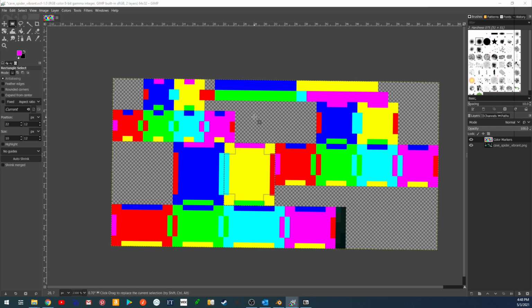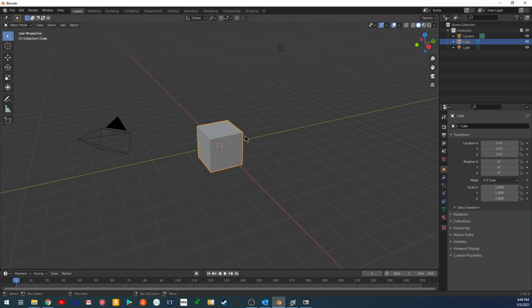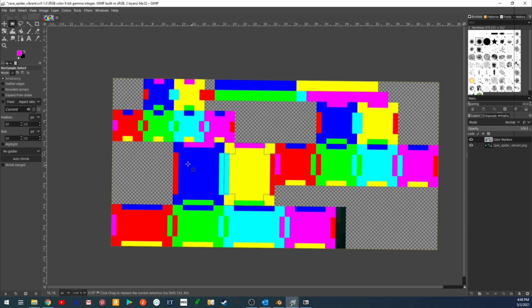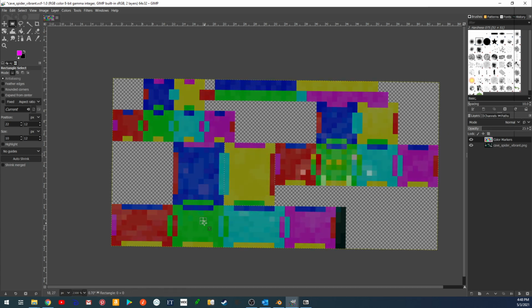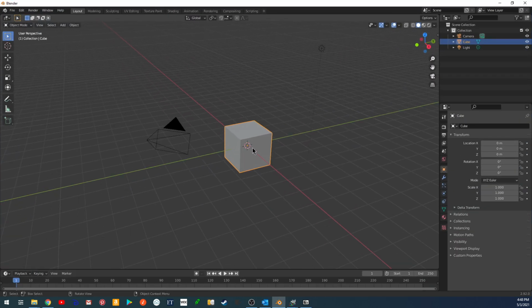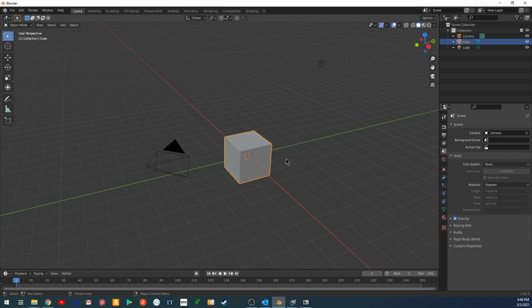So close this. It was supposed to close. So anyway, let's get started. Oh, and actually, I will be using this for reference because I can tell what the dimensions are. So let's get started. I'm just going to use the starting cube. I'm going to make a change though. In my scene under units, I'm just going to set it to none. And what we're going to be doing is we're going to use 1 unit as 1 pixel, and we'll worry